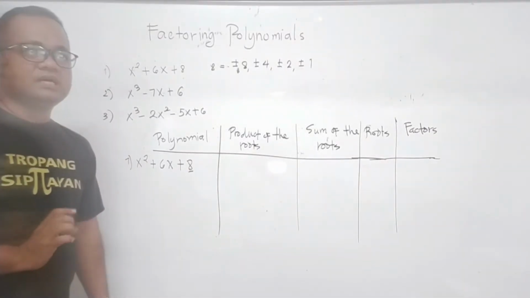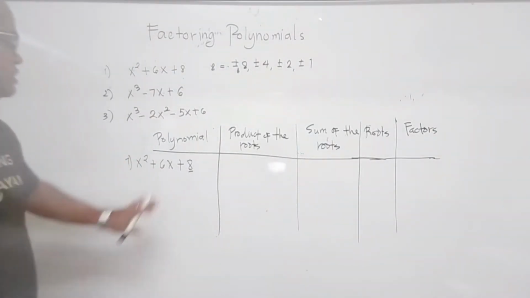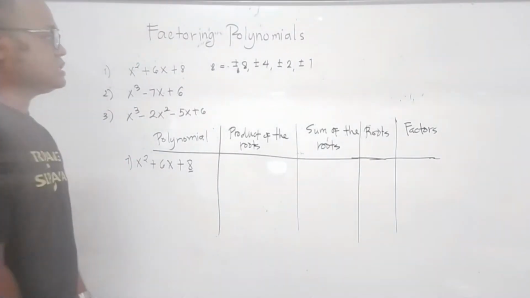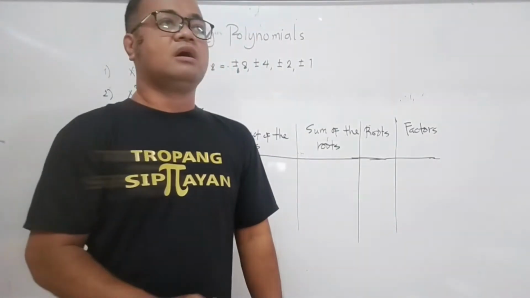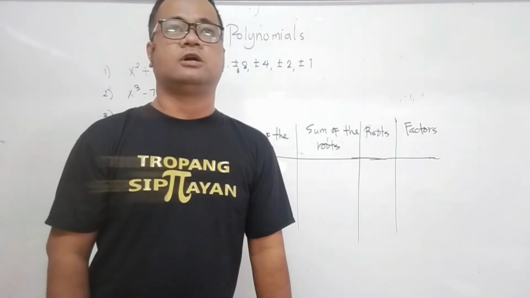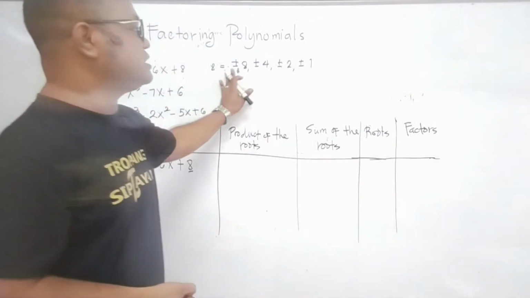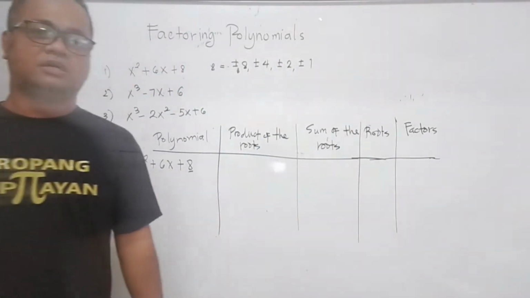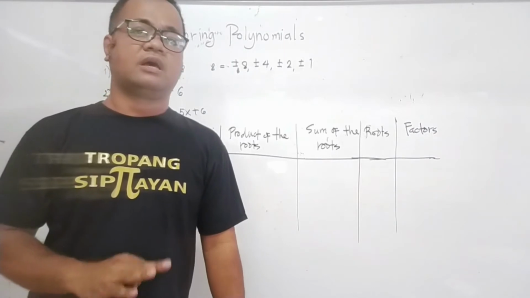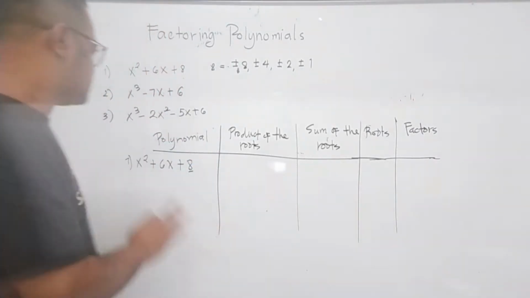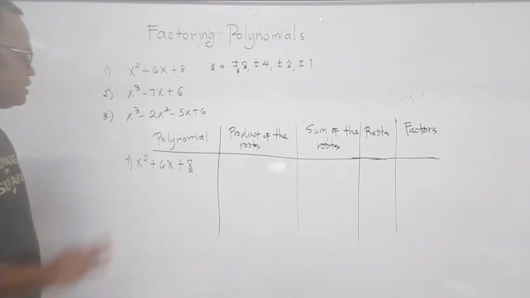Out of these 8 possible factors, only 3 are the roots of this polynomial expression, x squared plus